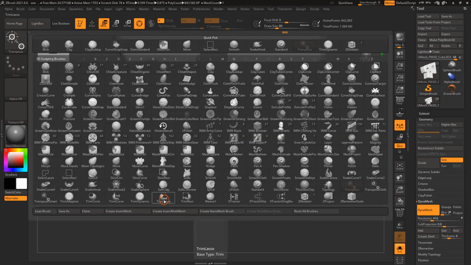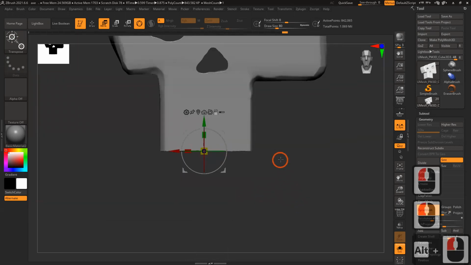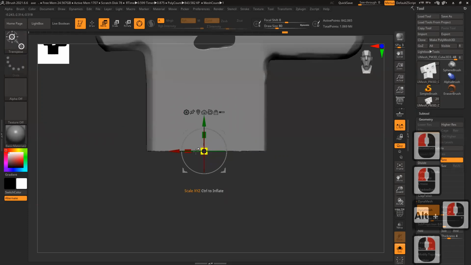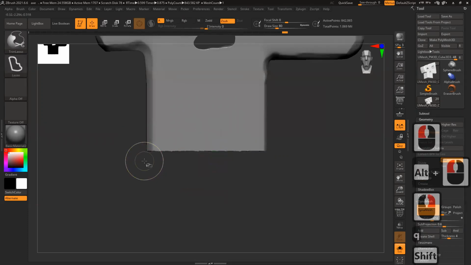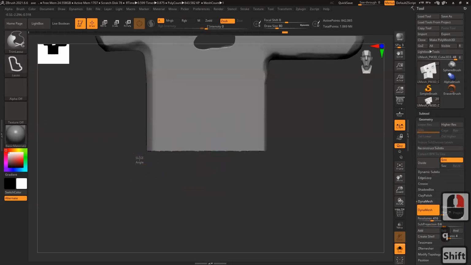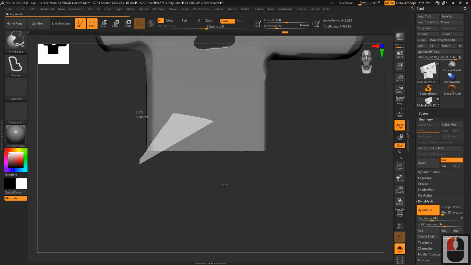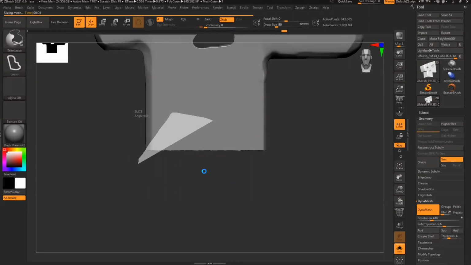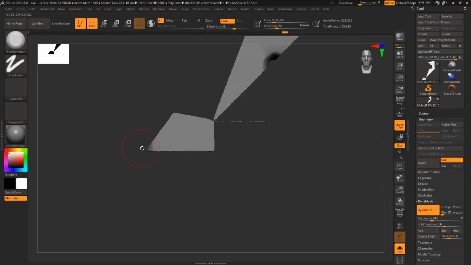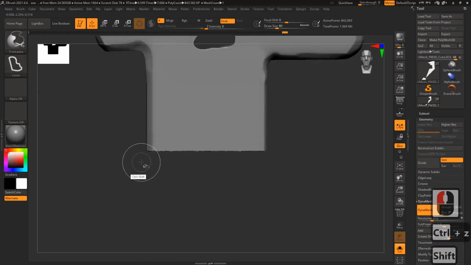Trim Lasso. Okay. Control Shift. Oh my bad. I accidentally left my mouse.